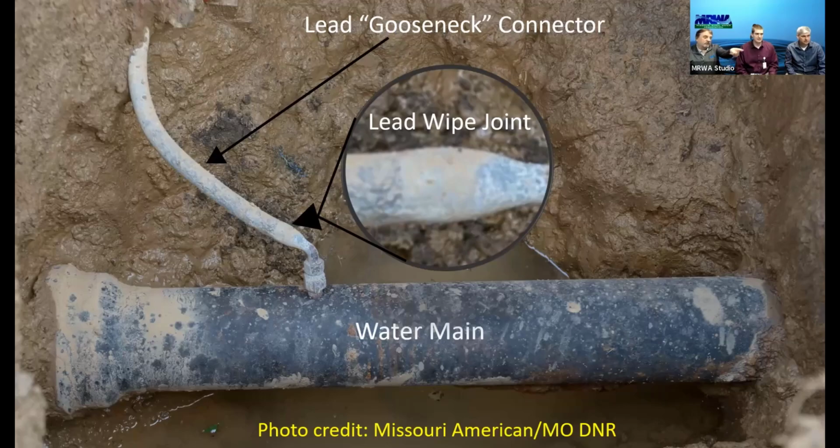So the system may need to dig a little bit more to see, does that continue? We know it's lead coming out of the main, but what's the other side? Is it going straight to the meter? Is it copper? It could connect to a piece of copper. You don't know. So that's one where they might have to dig a little further.